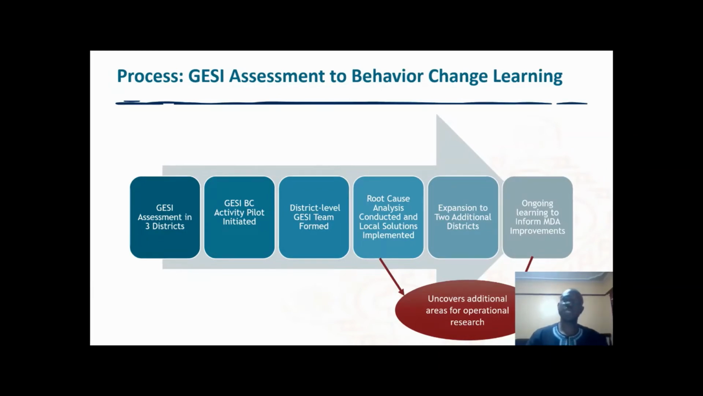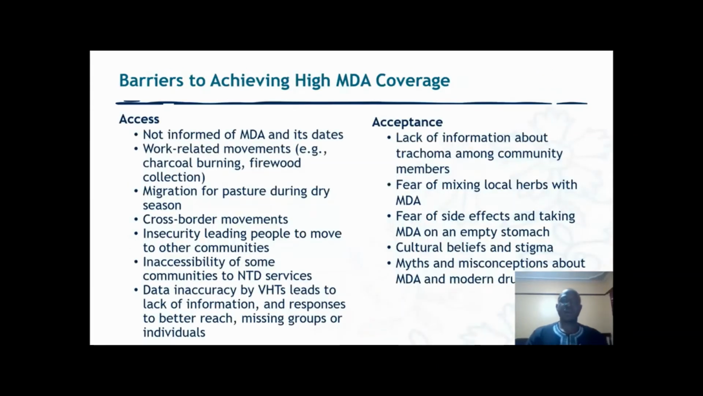The solutions were implemented with a lot of success, and this year, 2022, we built on the successes in the Moroto pilot to expand the activity within Moroto, but also to 2 additional districts, Amdat and Nabilatuk, ahead of the August MDA this year. This behavior change activity has helped us a lot in finding areas for new research and learning. For example, establishing ways of promoting equitable access to MDA, but also accelerating the progress towards achieving Uganda's NTD elimination